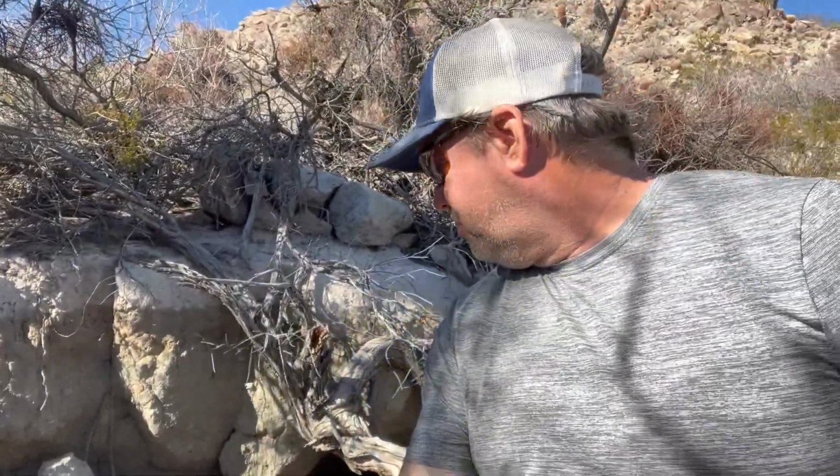Made it to Marl Springs. Kind of a cool place. We'll do a few spots. Behind me is a cave where probably some of the water came from, but a lot of lush areas around. This place was occupied. It was one of the important water stops along the mail route. There was some troops here from